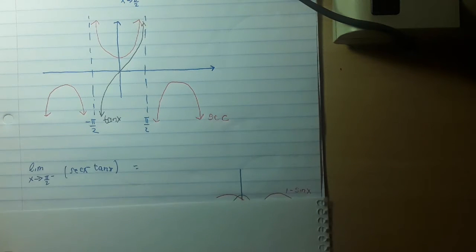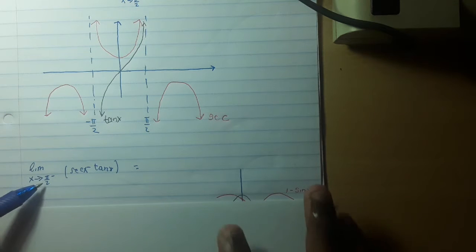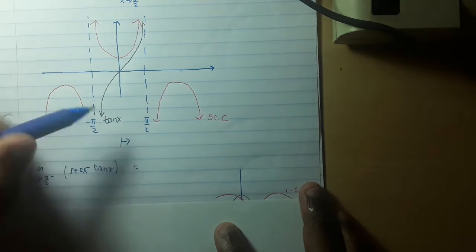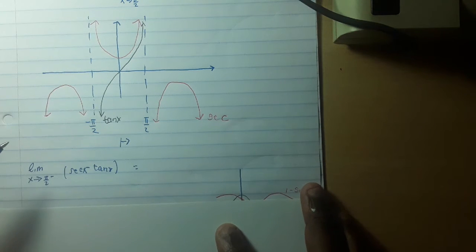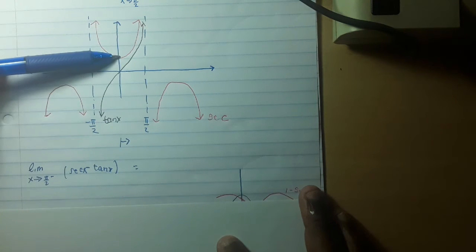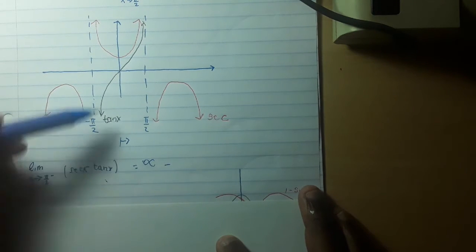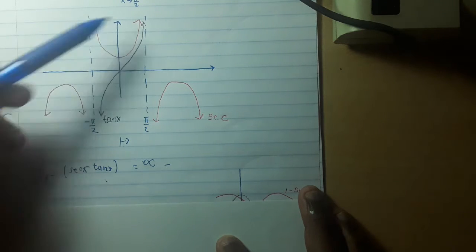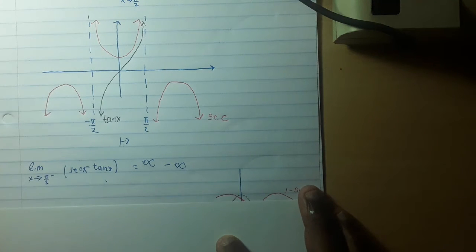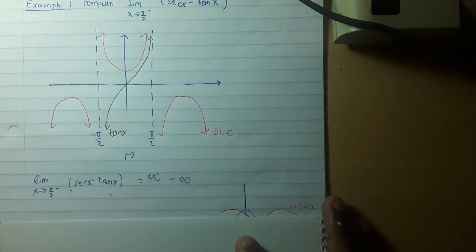So now the question asks us to determine what the limit of sec x minus tan x approaching pi over 2 on the left side is. So this is where we are. We are approaching pi over 2 on the left side. Looking at sec x here approaching pi over 2 on the left side, we see that this goes towards infinity, minus tan x approaching pi over 2 on the left side, which also goes towards infinity. So now essentially we have infinity minus infinity,